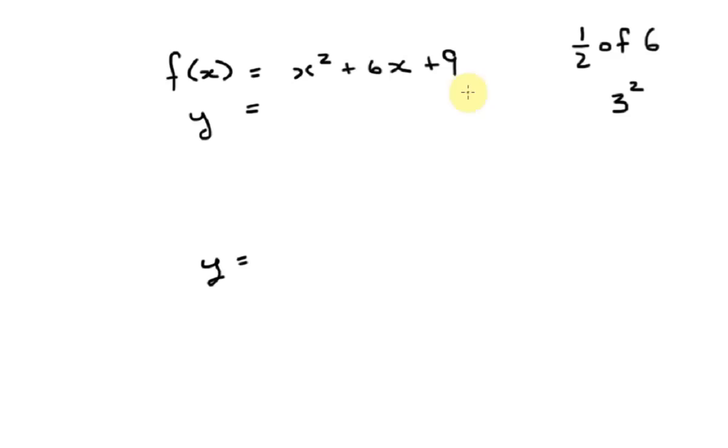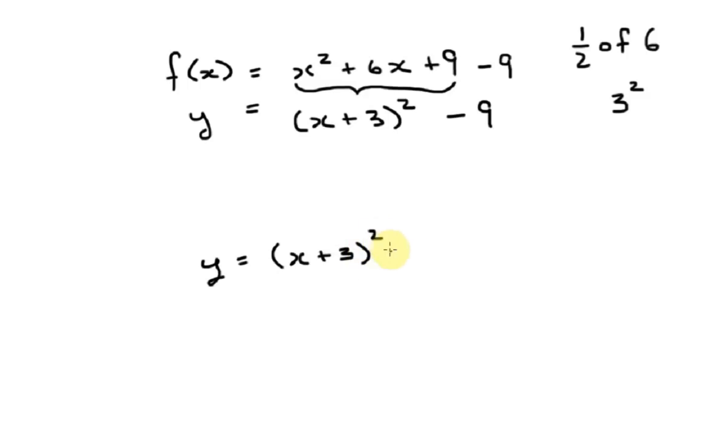So there's another way that we compensate for this plus 9 that I just put in, and that is I take it out. If you put a 9 in and you take a 9 out, you haven't changed the function. And now what I can do is take all the ingredients that are here, these first 3, and write them as a factored x plus 3 squared. And then I still got this minus 9. So I go, hey, there it is. It's all done. This is my standard form